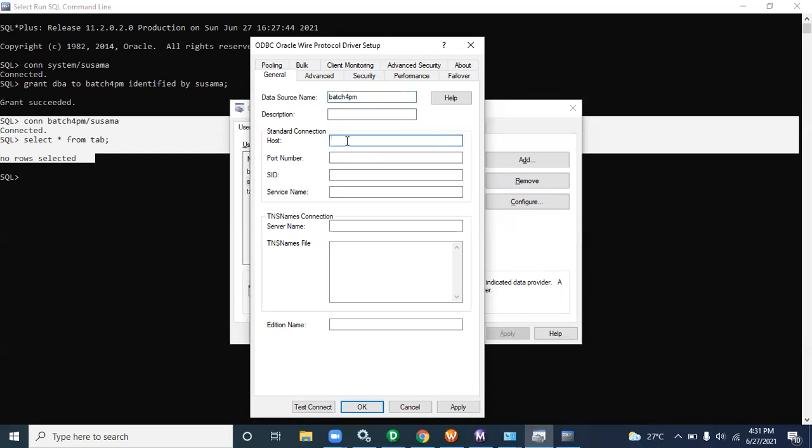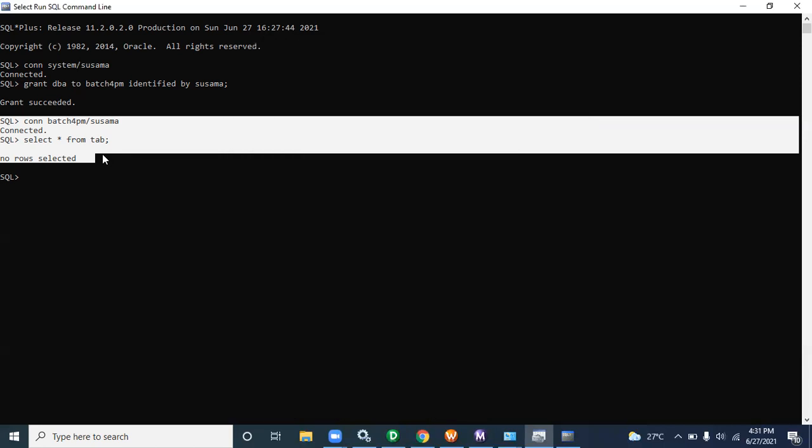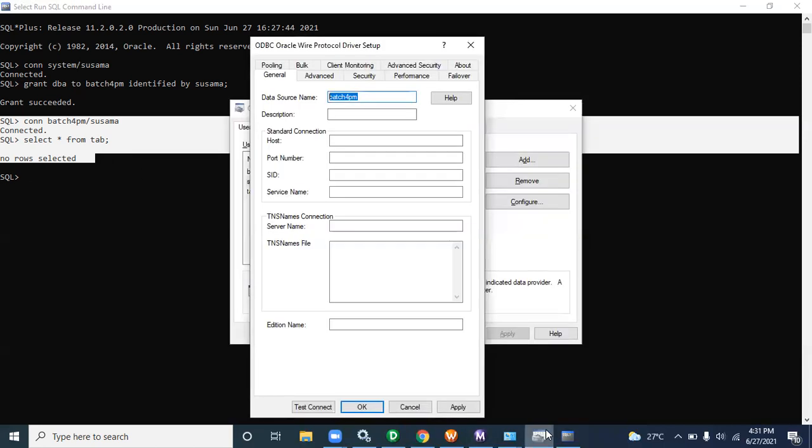Vidyut, can you tell me what exactly we are doing here? Are we creating a user for Oracle? No, I already created one user for Oracle. I need to create a connection for that Oracle using ODBC. ODBC is the Windows driver, you can say Open Database Connectivity. Using ODBC connection, we can call the same thing in Informatica. That means ODBC is the middleware between Informatica and third party like Oracle or any databases.